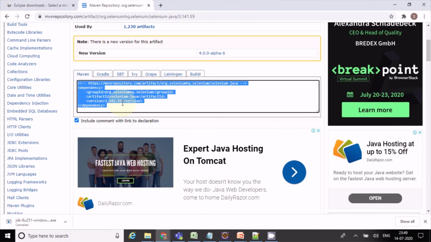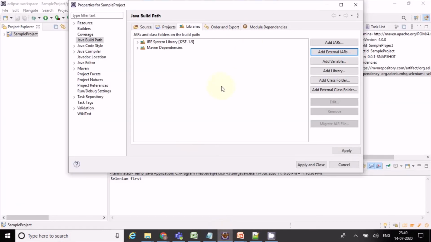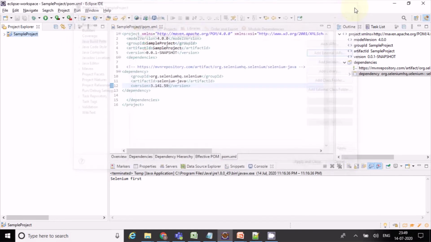If we want to update the versions, in this situation we need to delete all the 3.141.59 jars, and again download the latest version and add it externally.